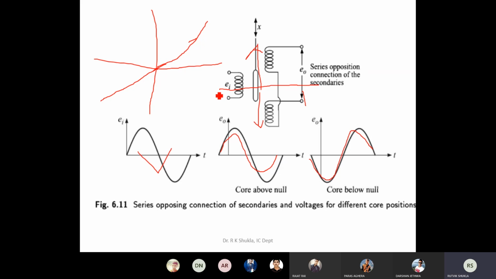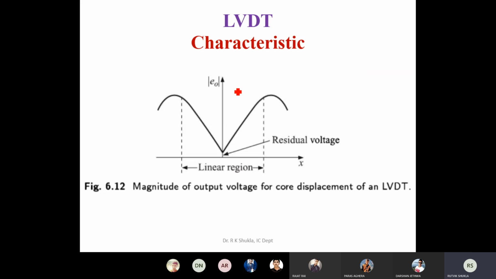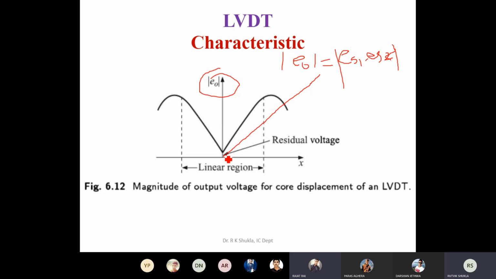But whenever you look at the actual characteristic, what we take is the mode of E0. It means the output never goes on the negative side, but always on the positive side, in the other direction. Earlier we took it this way. Right? Considering that your output is not the mode, but generally we take the mode. So your output always remains in the first and second quadrant. So ES1 minus ES2. Ideally, you hope that your characteristic should look like this.